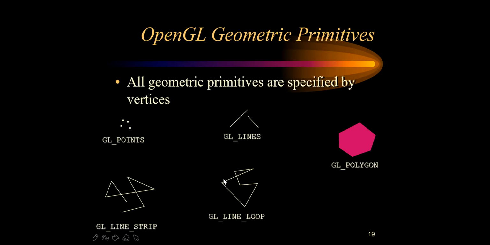This kind of object has been created by using lines, because I have given the coordinate points here. Okay, I'll just show you. I have given this point, this point, this point, this point, then this point, then this point.